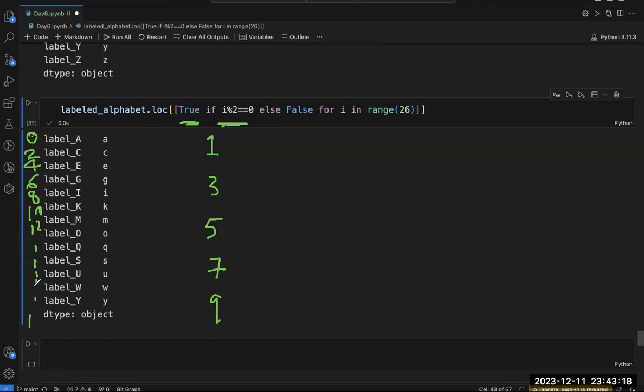That's why it displays only the even index values, and the false ones will not get displayed. And what is the range? For i in range 26. 26 means 0 till 25. Total will become 26. Hope this is clear to you?